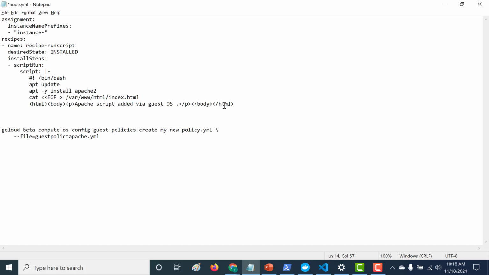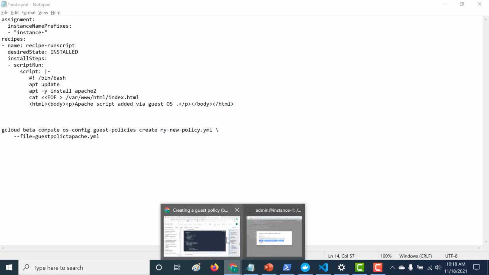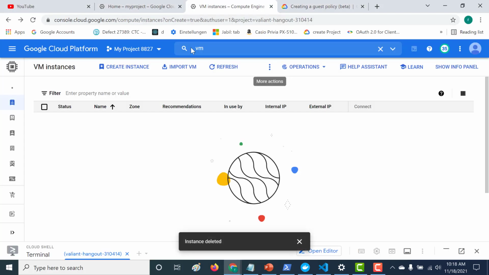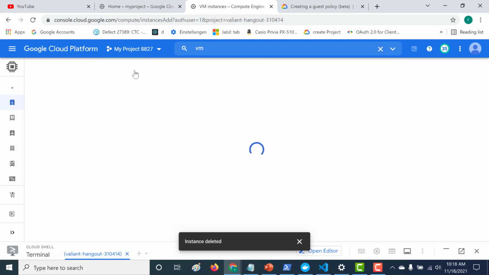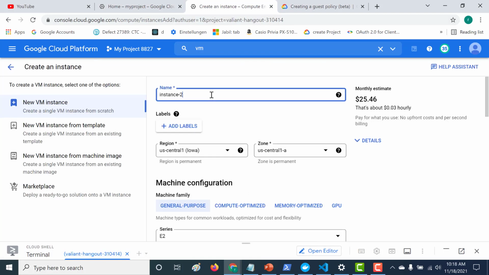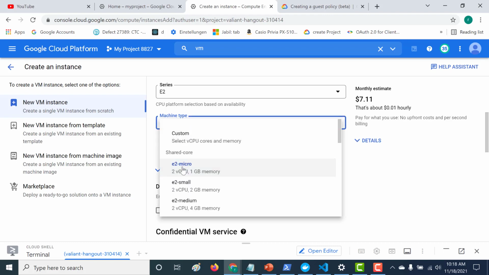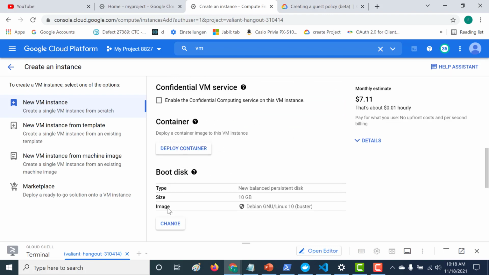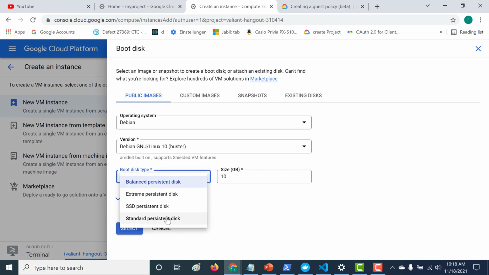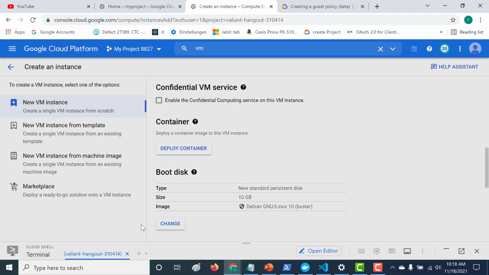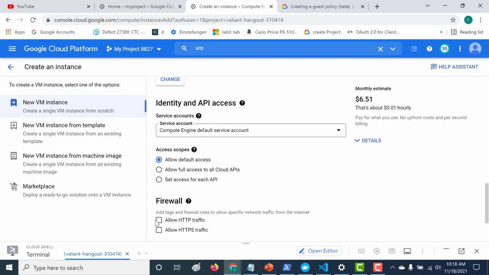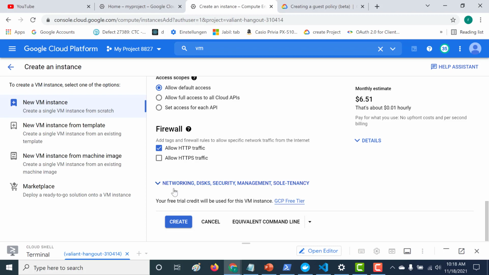But before doing that, let's create a few instances in GCP. Let's go back to our console and create a few instances. Let's click on create instance, and let's just call this instance. Let everything remain the same. Again, just to make this fall under the free tier, I'll make this an E2 micro and change the boot disk to standard persistent. Click on select. And this time we'll also allow HTTP traffic, since we're creating an Apache web server and we want traffic to flow through port 80. So let's click on create now.